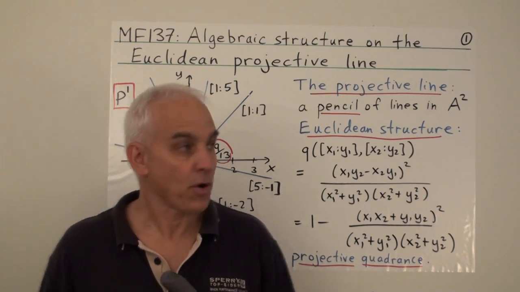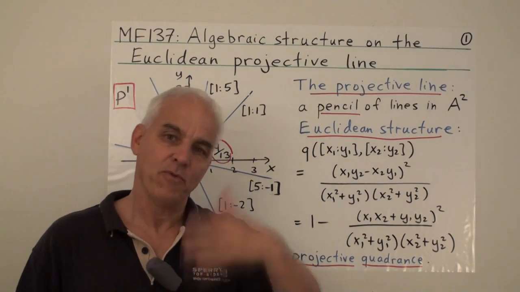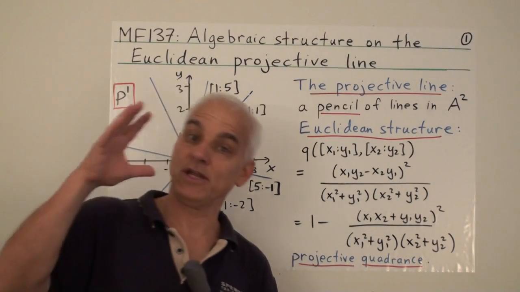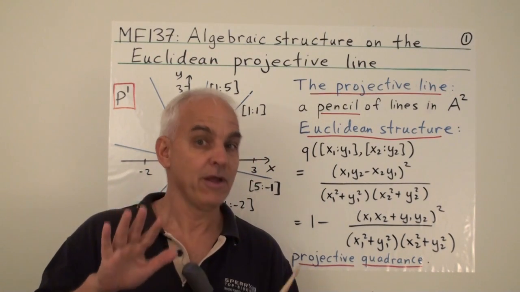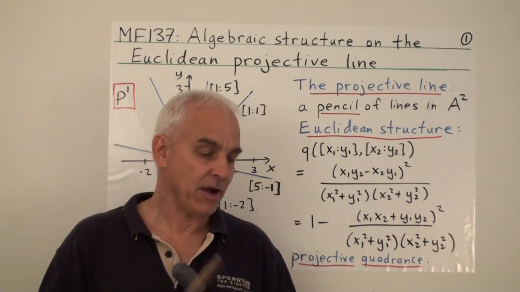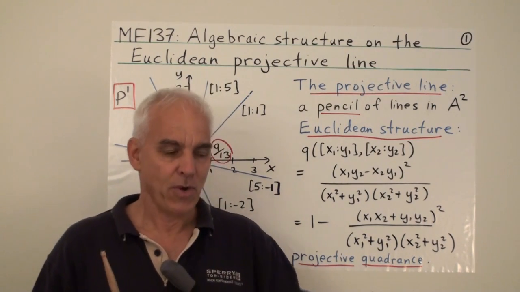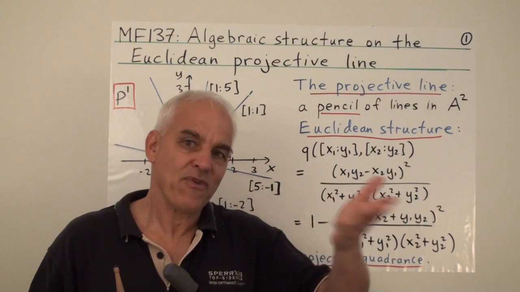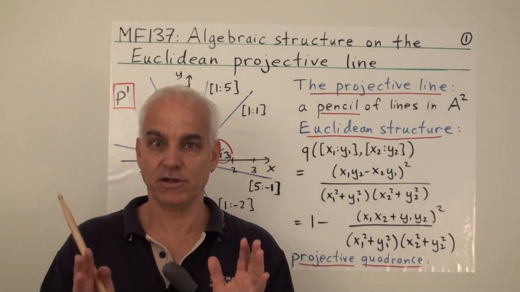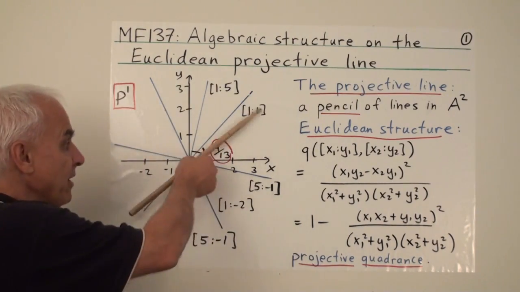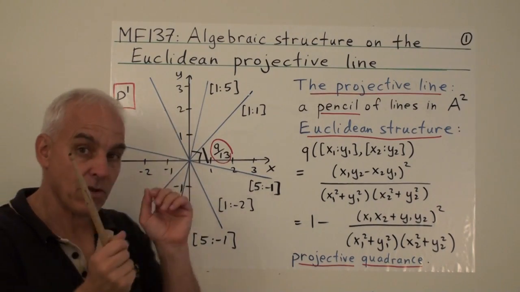In today's video, we're going to look further at the Euclidean projective line. So we've moved into the projective setting and imposed a Euclidean structure on the projective line, just the one-dimensional projective setting. This is a very simple but fundamental kind of geometrical arena, which ends up figuring in many higher geometries. It's a basic building block of geometry because we're talking about lines through a point. Just all the lines through a single point.